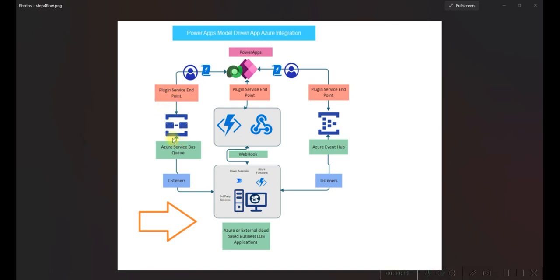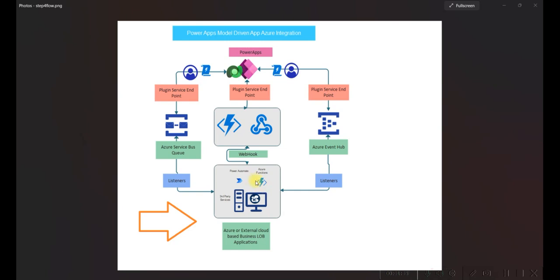So whenever a new item has been created for the account entity for the particular environment, we registered the step for listening to the events. Once the step is registered, we went on to verify the step via the Service Bus Explorer. We went to a test model driven app and created a sample item. Once the item was created, we saw how the message is triggered to the Azure Service Bus